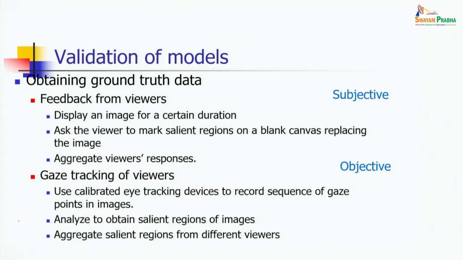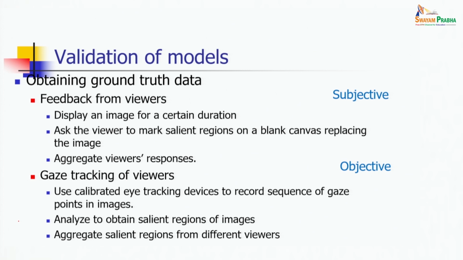And we also talked about the need for validating those models and the need for capturing the ground truth. So today let us once again start our discussions on the validation of models. As I mentioned, there are two methods for obtaining this ground truth data. One approach is feedback from viewers, and the other approach is using an eye tracker, where you track the points where a viewer is looking, and finally analyze those regions to identify the